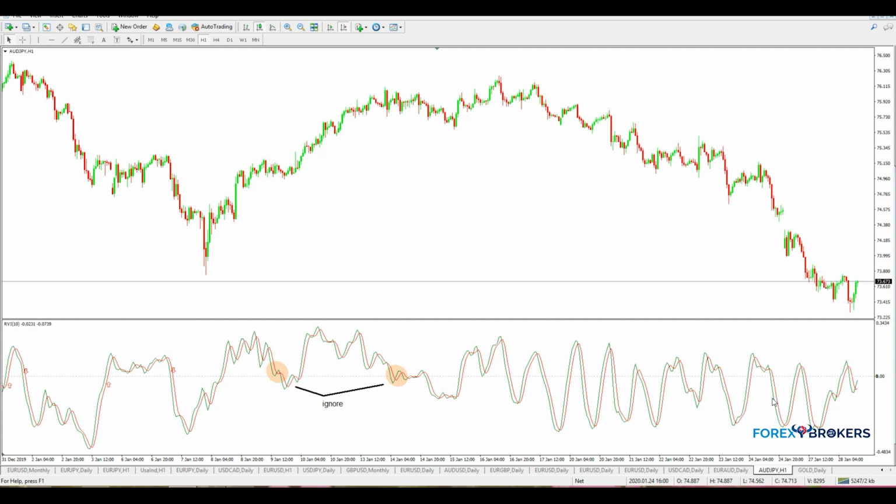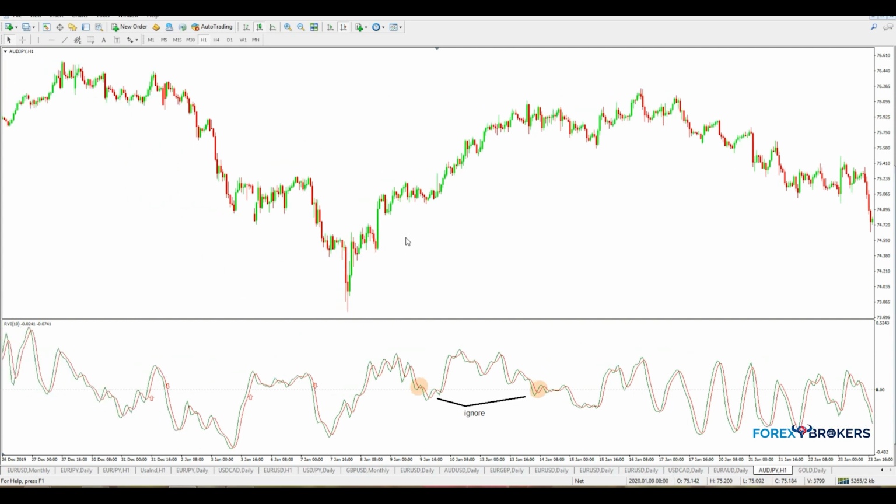This is called the relative vigor index, which comes with the standard interpretation, and the relative vigor index is formed by two lines as well. It travels both in positive and negative territory, and the key is to trade the crossing of the zero level. It works very well also with divergences, but we will discuss this later in this trading